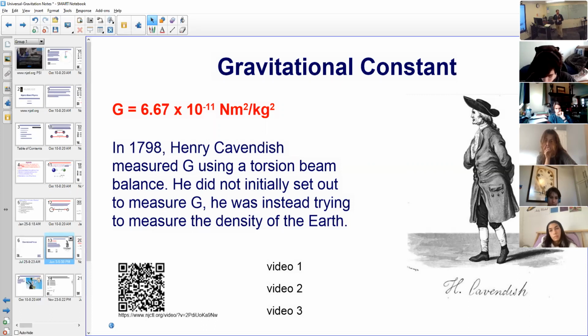I'm not going to take the time to do that, but the units you see on the handout are slightly different in their organization, but they are equivalent. I happen to like to write it the way it is on the screen. Now, that value was actually discovered by Henry Cavendish many years later, and it's kind of interesting how